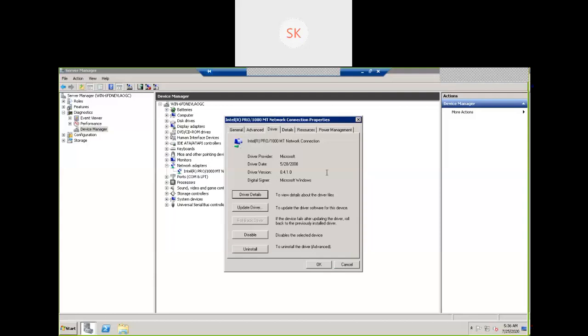So, a better handshake. What is this? If it is causing the issue, and this is a default driver that is not functioning properly, then what do I need to do? I need to download the respective driver for the respective network card, and then install it, so that the driver provided by Intel comes over here. Okay, what is the version, when it was released, all that information is available.